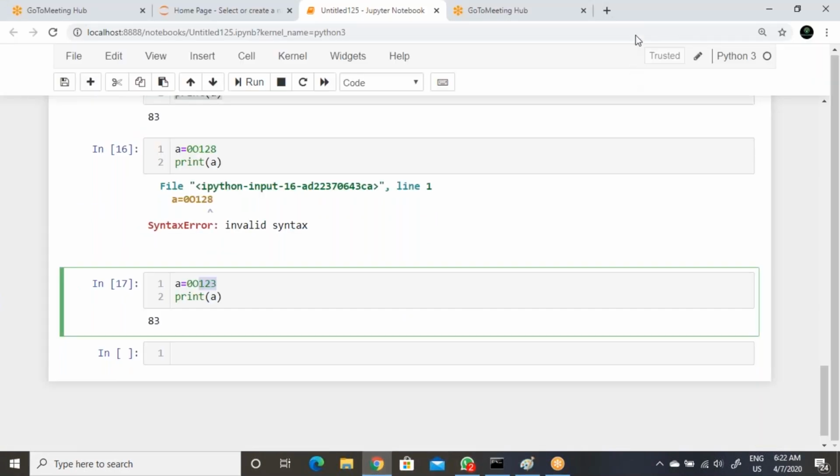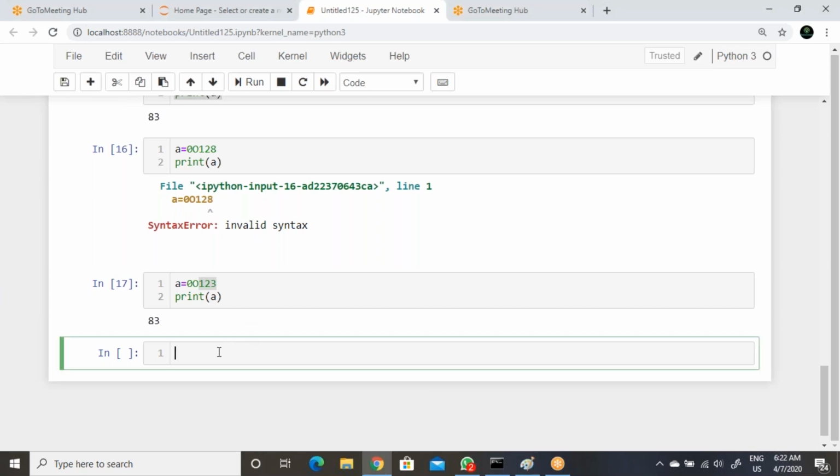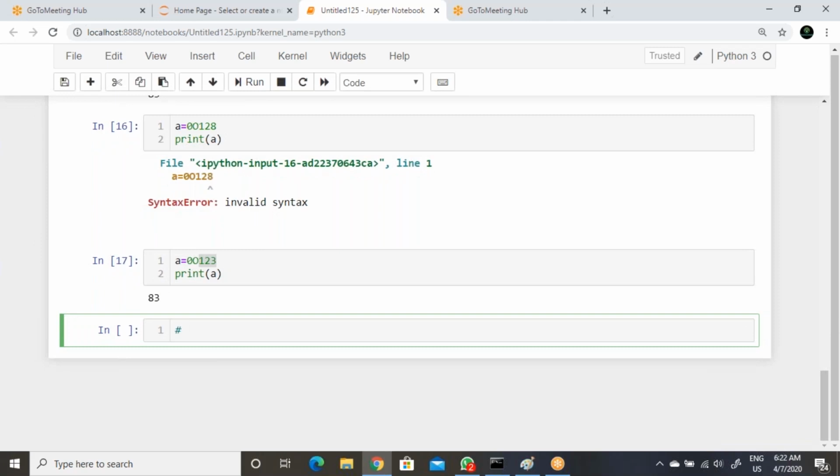The base value for hexadecimal form will be 16. Now what we need to understand here is how hexadecimal has base value 16.